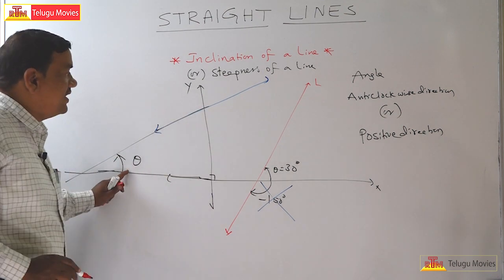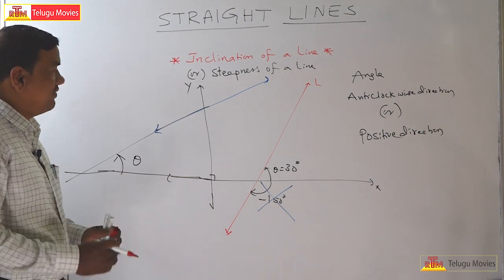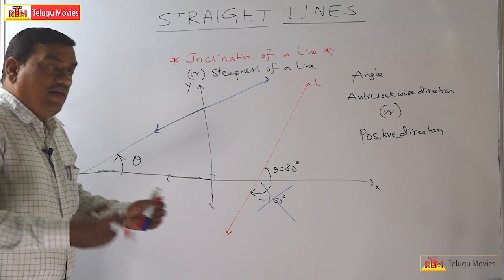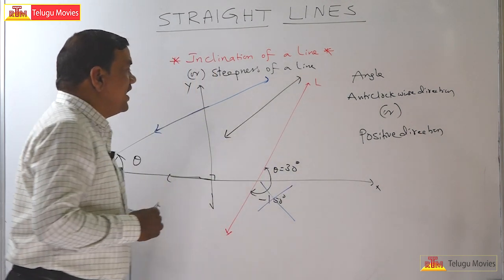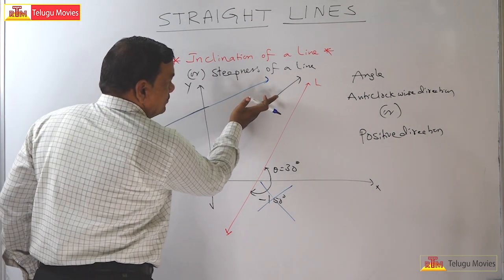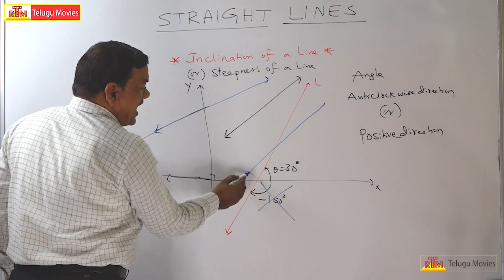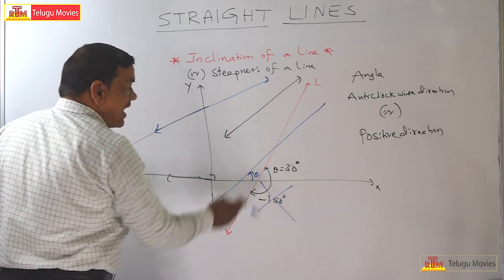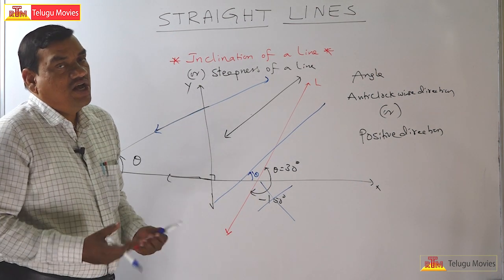So this will be the inclination of the line. Otherwise, if you take any line, so this is a line. Draw a line parallel to this line. Whatever may be the angle made by this parallel line with the x-axis in the anti-clockwise direction is called